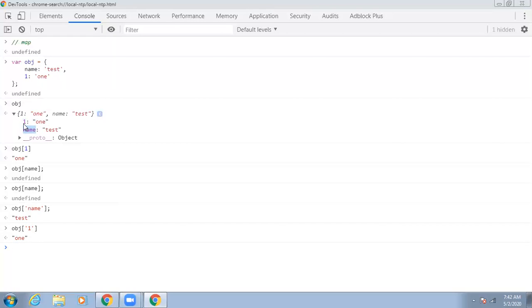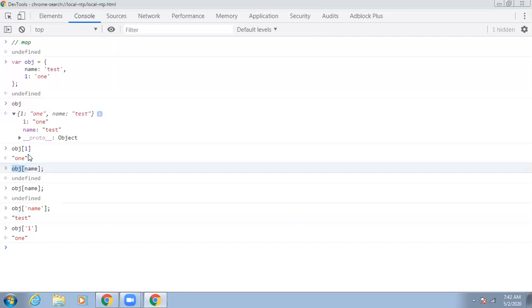So if you are trying to assign a new property into this object, that key is going to be converted into a string and stored in the object. That is the reason why you only receive the value if you call it with the string.